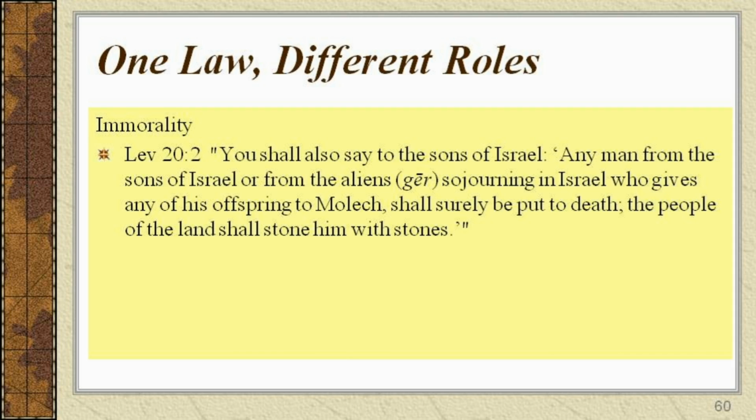While God did not force resident aliens to become part of His covenant community, He did not allow anyone to worship another god, such as Molech, in the land of Israel. This general law is consistent with God's earlier instructions to Noah that every murderer shall be put to death, because the worship of Molech involved human sacrifice.